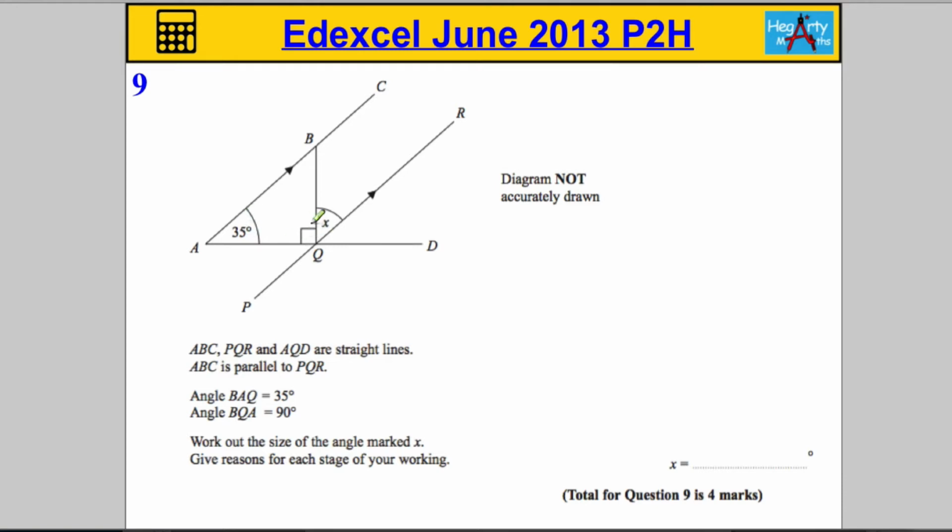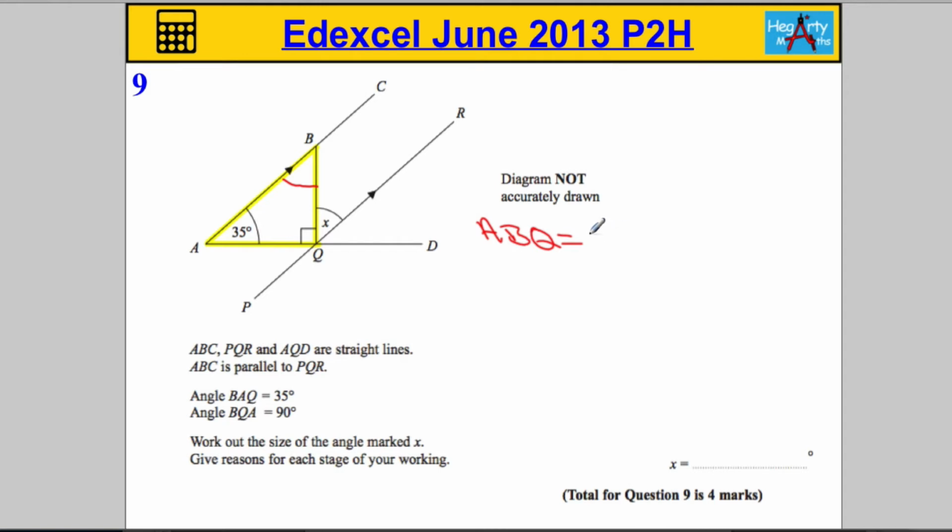We know this angle here is 90, and I know that this shape that I'm highlighting here is a triangle. And we know that angles in a triangle add up to 180. So I'm going to work out the angle ABQ, which is the red angle I've marked here. So ABQ is going to be found,